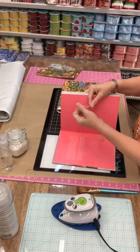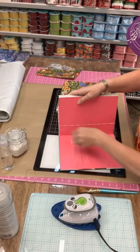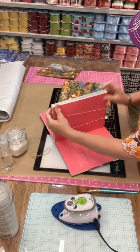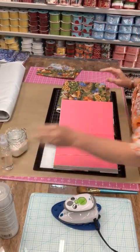Y'all know I just can't deal with pages flopping around. So we're just going to take some rubber bands and put them on here so that they're not going to be in my way. It's going to be easier to deal with. All right, now